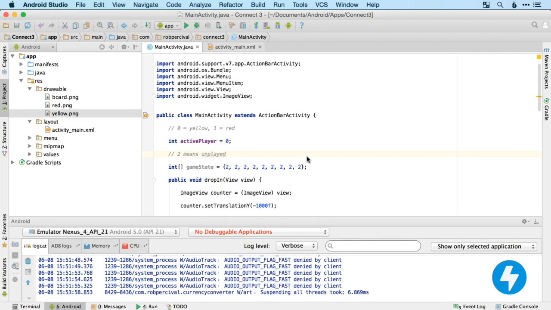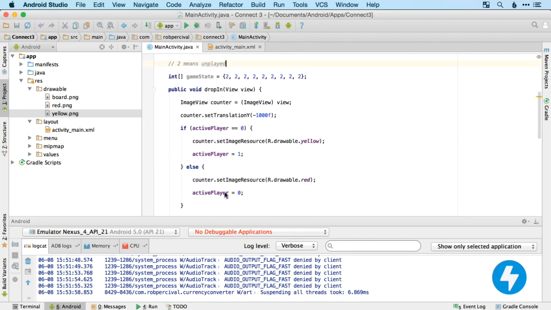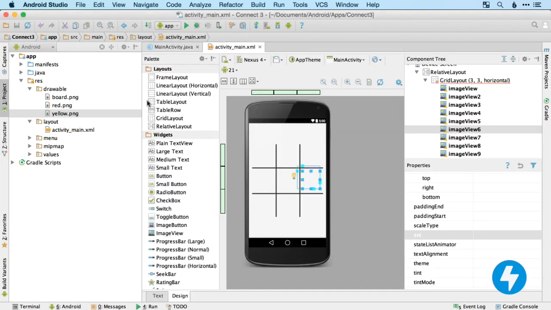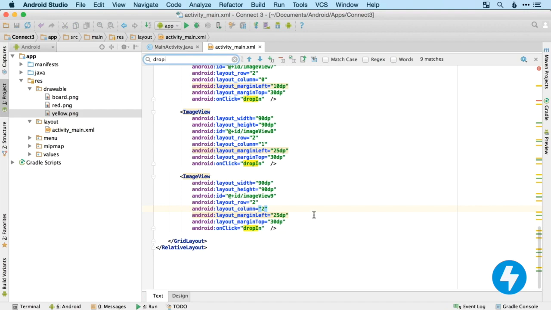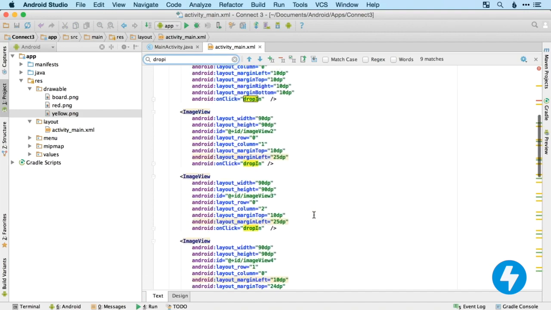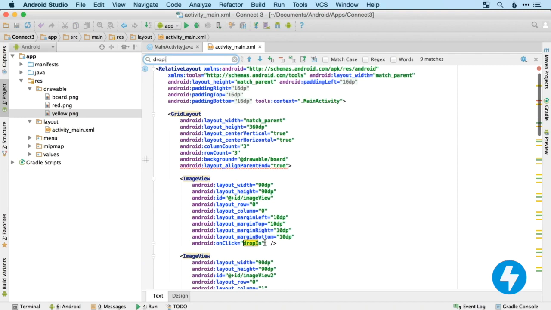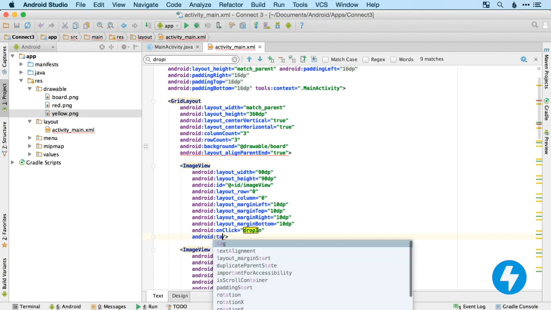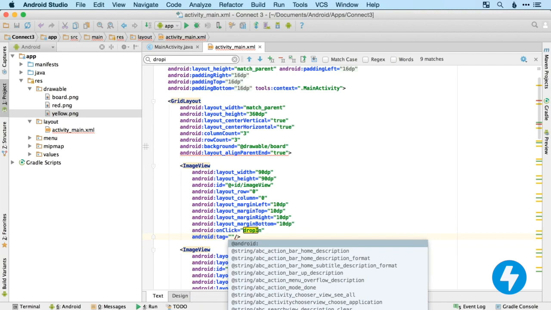Okay, so now we're going to need a way of knowing which counter has been tapped, and then we can update the game state to represent that. So let's go back over to our main activity XML file. What we're going to use to tell which one has been tapped is what's known as a tag. So if we go back to our first image in the grid layout, we can add on the XML Android tag, and I'm going to give each of these a tag,